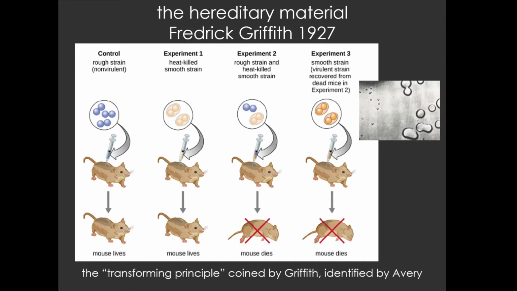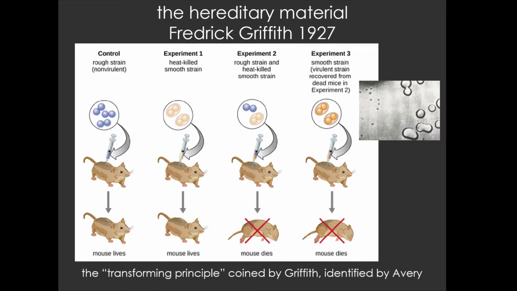So what he decides from doing this research is that there is some kind of transforming principle inside of these smooth cells that though they are dead, that they've been heat killed, this transforming principle is able to move from the dead smooth cells into the live rough cells and transform them into smooth cells. And he hypothesizes in 1927 that this transforming principle is DNA. And we're going to see another group of researchers pick up that idea and identify that transforming principle as DNA